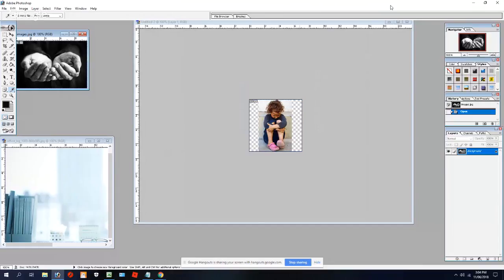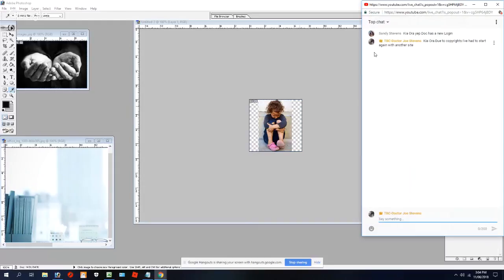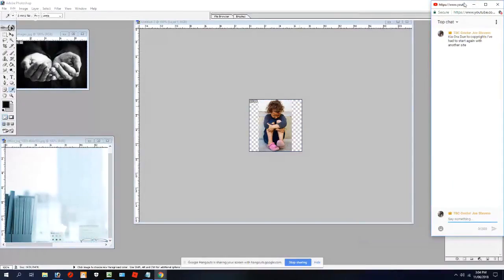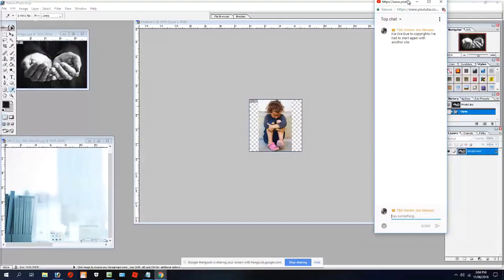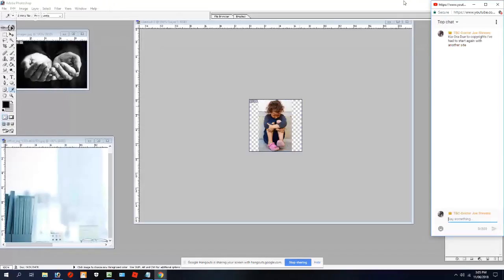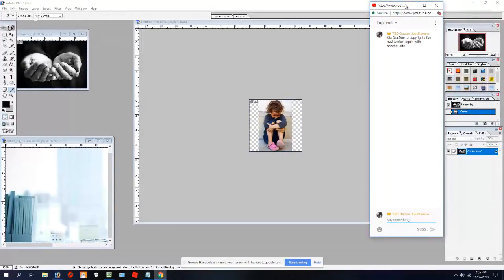So hopefully everybody can see my Photoshop. Thank you. I'll just bring my chat up and rack it beside me too, so right now I can see my chat in Photoshop. I'll put it so I can see my... I hate that when it happens. I'll just put it about here.